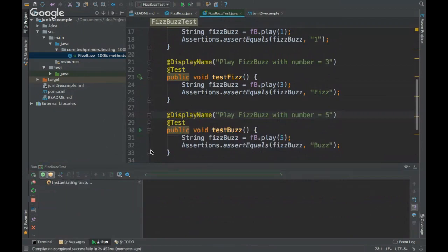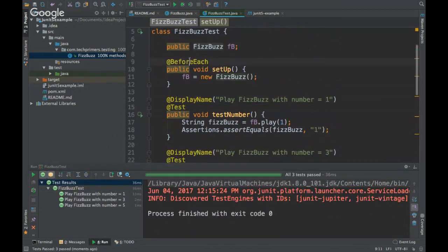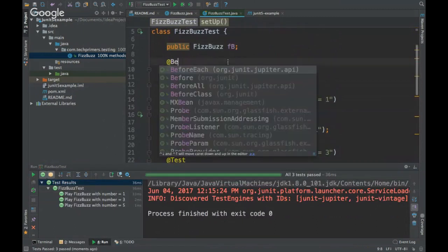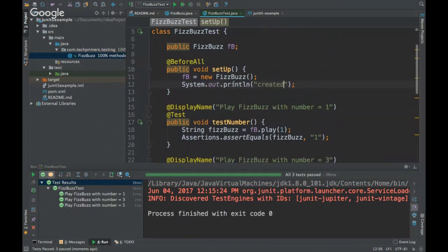And also, if you want to run this only once, we can say @BeforeClass. Instead, you can say @BeforeAll. This will be running only once, so your object creation will not be done every time. So if I run this particular test,